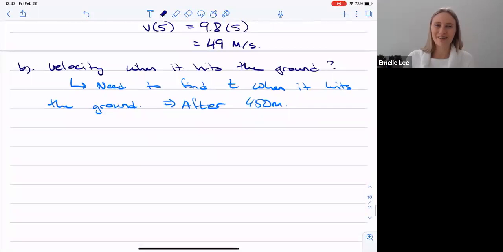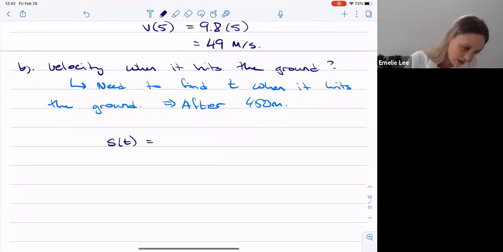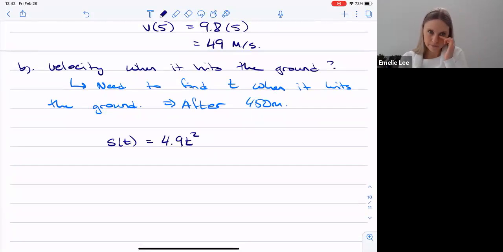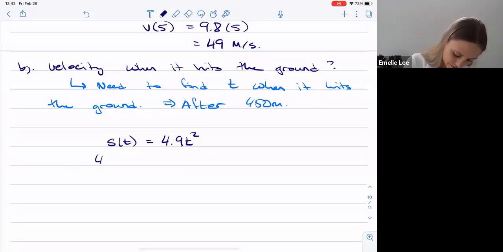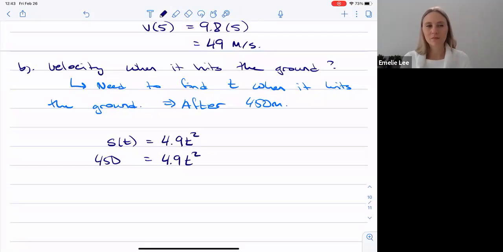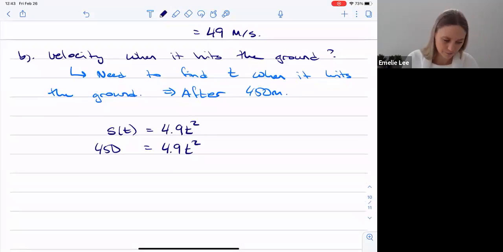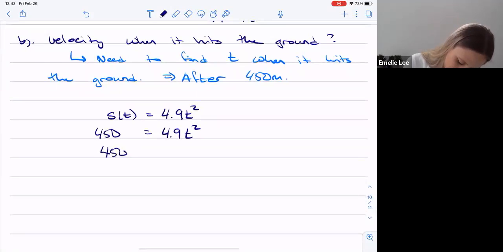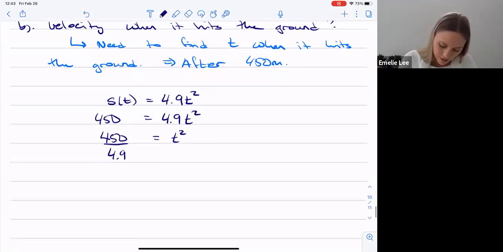So luckily, right, 450 meters is a distance. And so we know S of t is 4.9 t squared. We also know the distance has to be 450 meters. So 450 meters has to be 4.9 t squared. Now I can solve for t after 450 meters, which happens to be the ground. So 450 divided by 4.9 becomes t squared. So t,